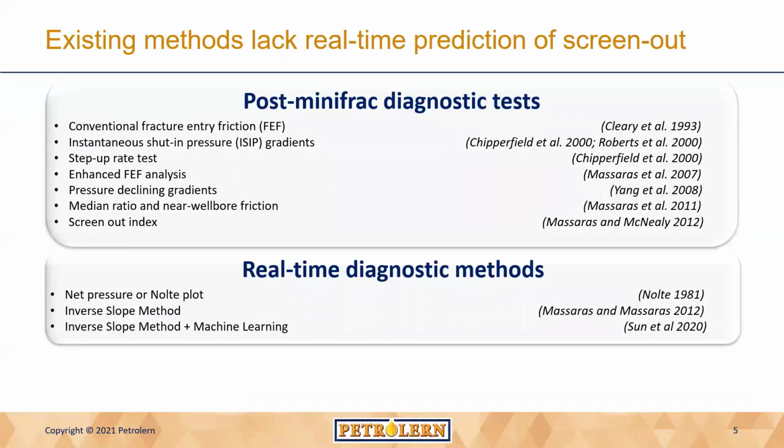The available pre-diagnostic screen out methods listed here definitely help optimize the frac design to minimize the screen out risk. But honestly, they never guarantee that the screen out won't happen. And none of these methodologies provide an automated predictive capability in real time. So in fact, the current real-time approaches are very subjective and depend on the skill and experience of a company representative who is sitting by the screen, monitoring the